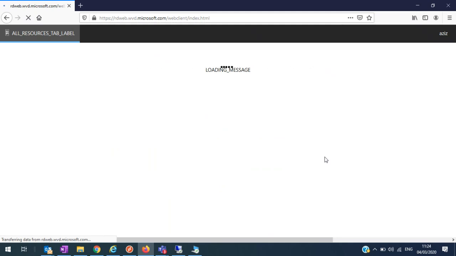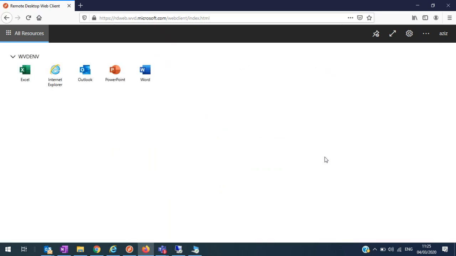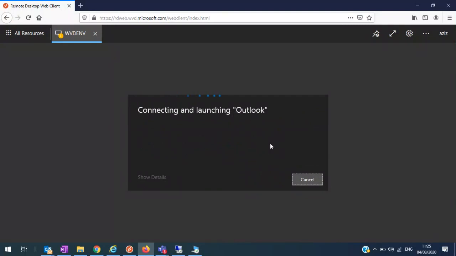In an organization, we might have users who would only require a few applications like Word, Excel, PowerPoint, or email and browsers. So we not necessarily want to publish the entire desktop or all applications to the users, where we can segregate how we want the users to access, or what we want the users to access. As you see, for this particular setup, we have only published 5 applications. As I am a light user, I only require email access and a browser for my daily work. So all I do is log into my portal, see my applications, click on the application and allow the connection.